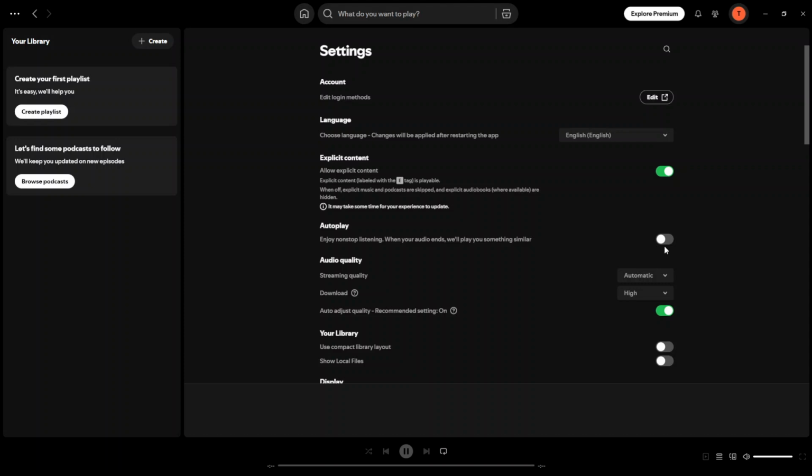Disabling autoplay can help you have a more controlled listening experience, especially if you enjoy the silence or prefer to